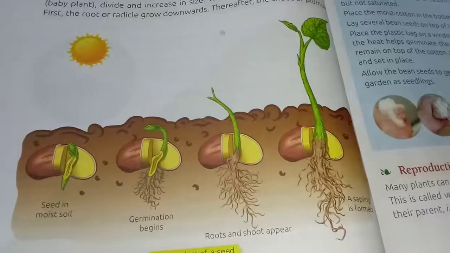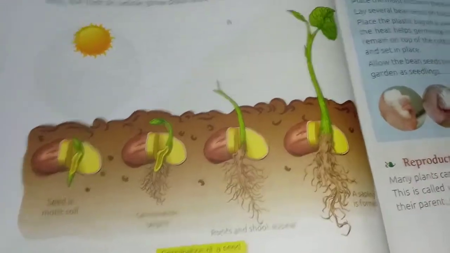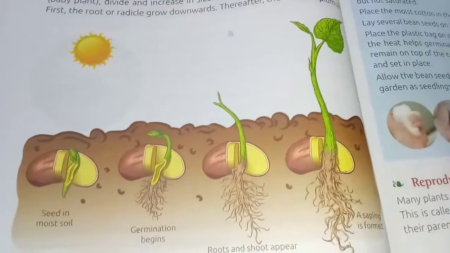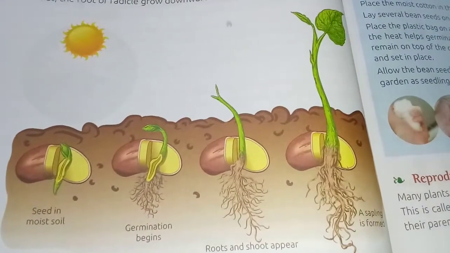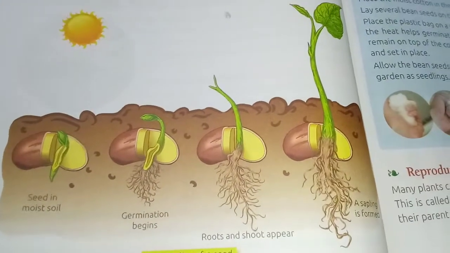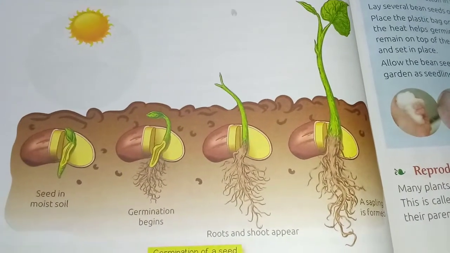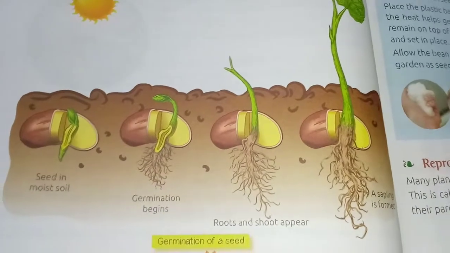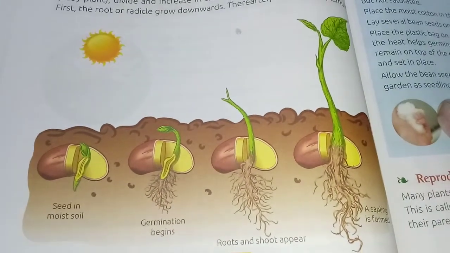Now, today I'll discuss the germination of seeds. Okay, so let us start our today's part, germination of seeds. Germination is a process by which a seed becomes a seedling or a young plant. The conditions needed for germination may not be suitable at all times. When a seed grows into a seedling, it is germination.